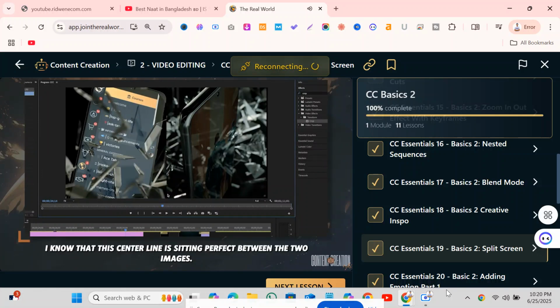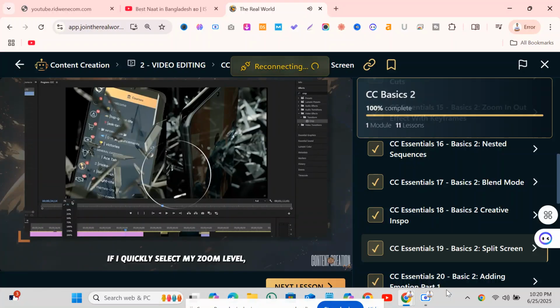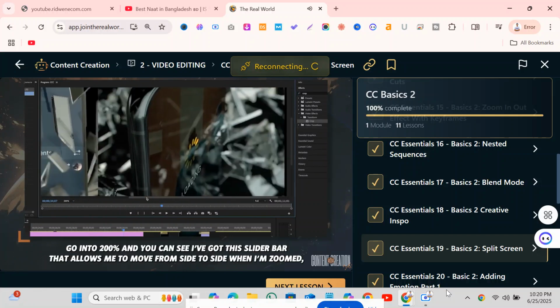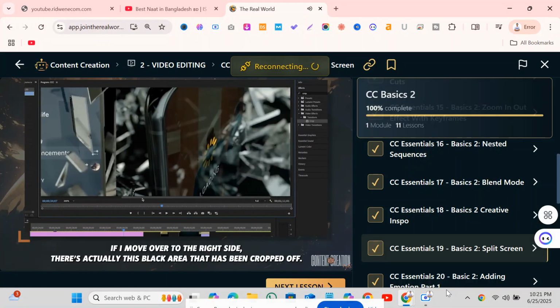I know that this center line is sitting perfect between the two images. However, if I look on the right image, there's this black gap within the aspect ratio. If I quickly select my zoom level, go into 200%, you can see I've got this slider bar that allows me to move from side to side when I'm zoomed. If I move over to the right side,